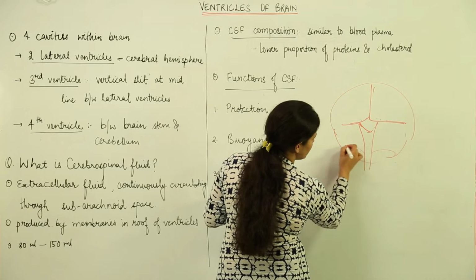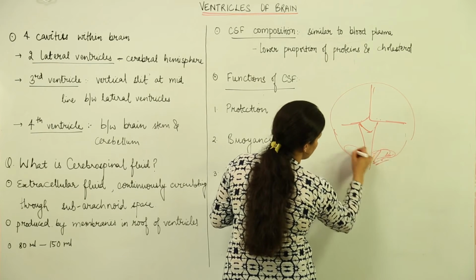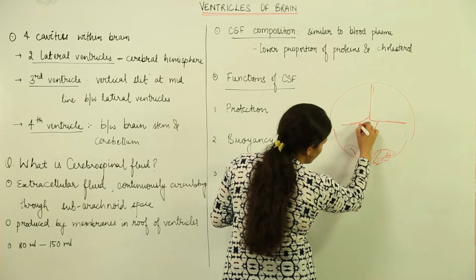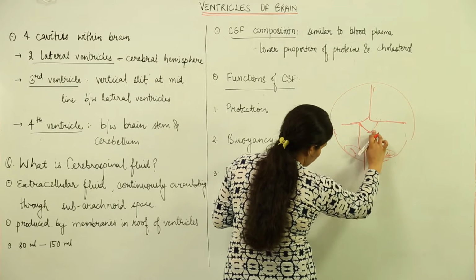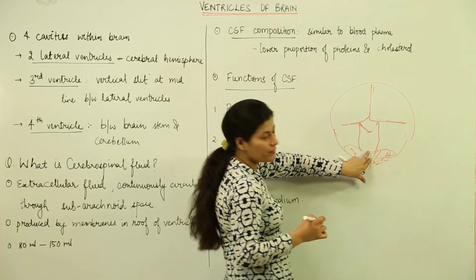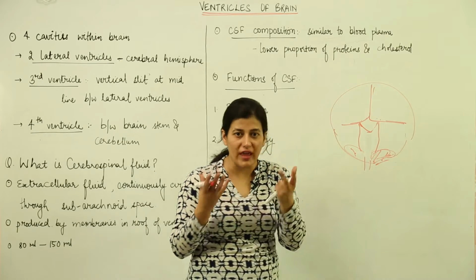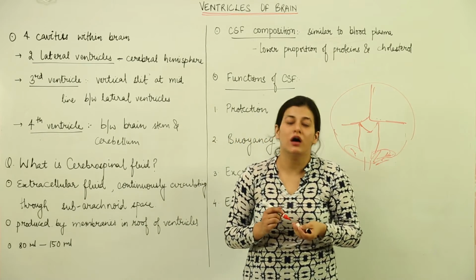This is the arbor vitae, the brain stem, the cerebellum supposedly. So, it is a ventricle which houses the brain stem till the cerebellum. So, we have 4 ventricles which are 4 cavities inside which various parts of the brain